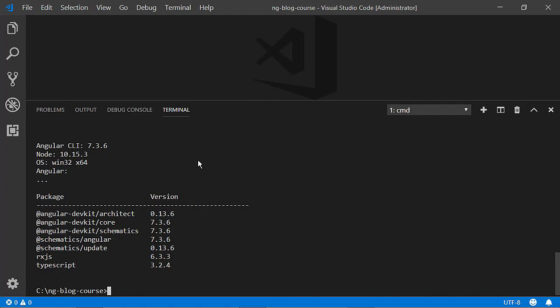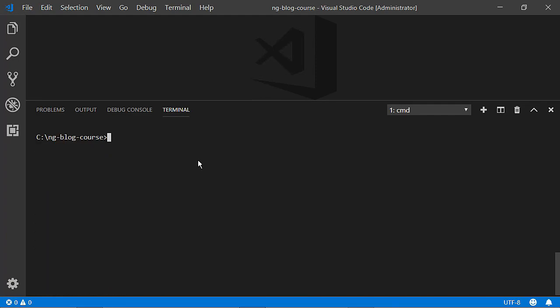And I will try my best to always update the code with the latest Angular version. But if you want to make sure that the code works, of course you can install Angular CLI version 7.3.6, although any later version is already out, and you can do this with